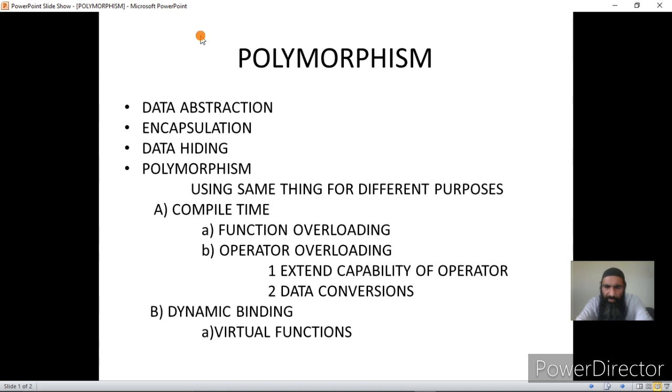Depending upon the binding of the pointer with the function of the base class or with the function of the derived class, it will be called accordingly.